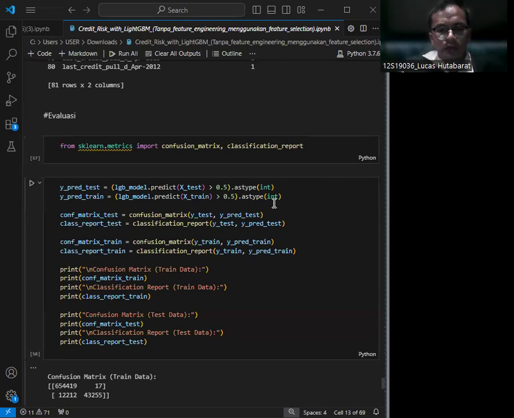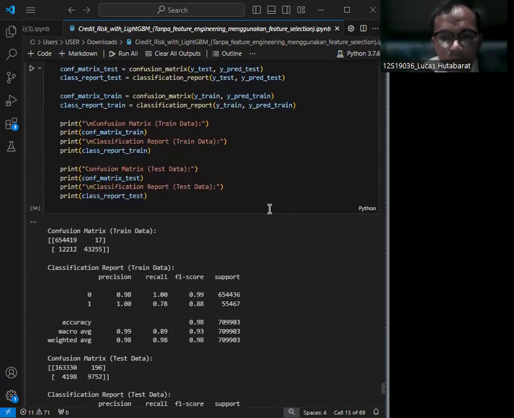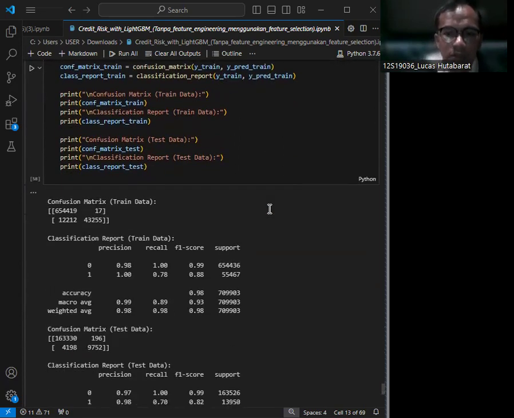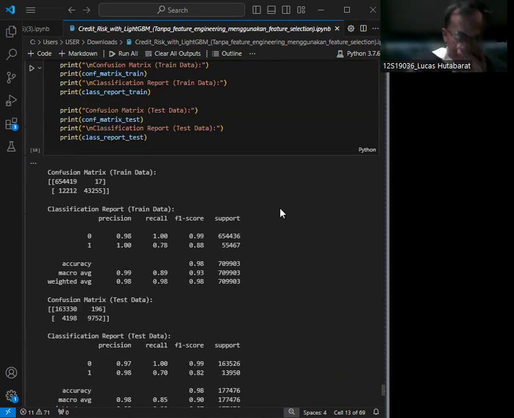And then we evaluate model performance. We evaluate the model performance using a confusion matrix and classification reports, assessing accuracy on both training and testing datasets.